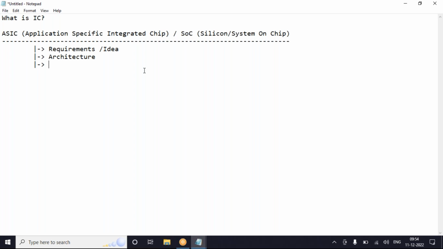After architecture, what should I do? Now I have the flow chart. What is the next step? Coding or assembling. If there are existing gate level codes, I need to use them and assemble. Gate level is later. Presently, we will talk first about the basics, that is RTL coding.